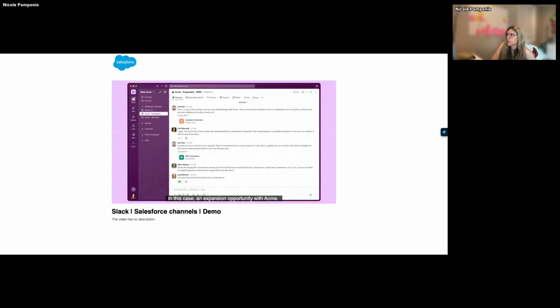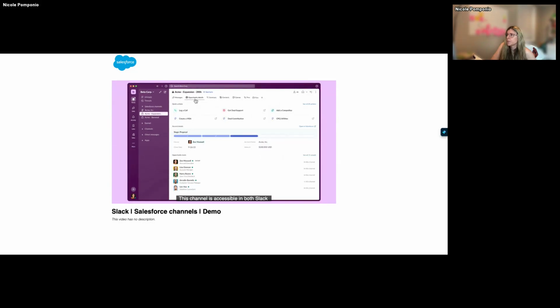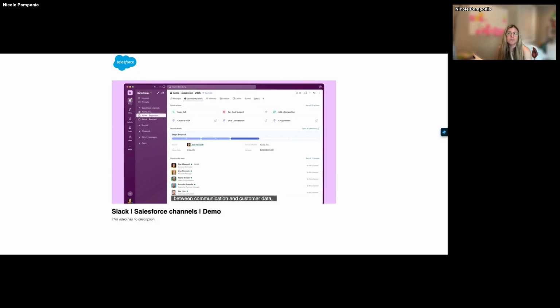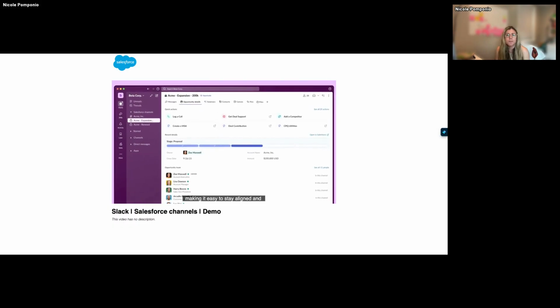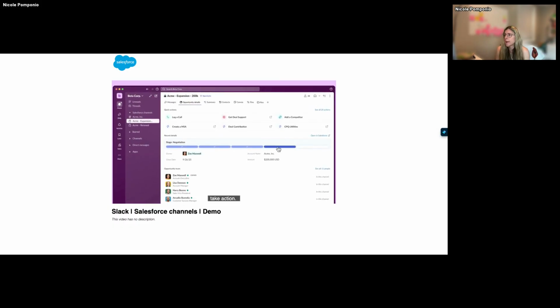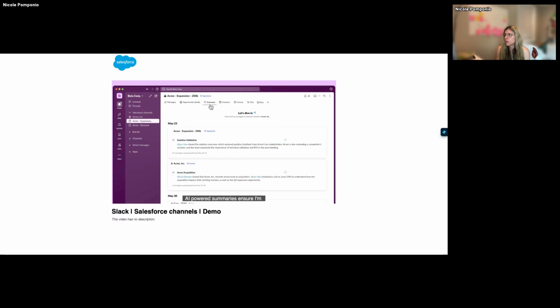In this case, an expansion opportunity with Acme. This channel is accessible in both Slack and in Salesforce, right on that record. Salesforce channels create a seamless connection between communication and customer data, making it easy to stay aligned and take action. AI-powered summaries ensure I'm always up to speed, even if I jump into the deal midstream. Key details like contacts, canvases, pinned messages, and files stay organized within the channel, so nothing gets lost as the